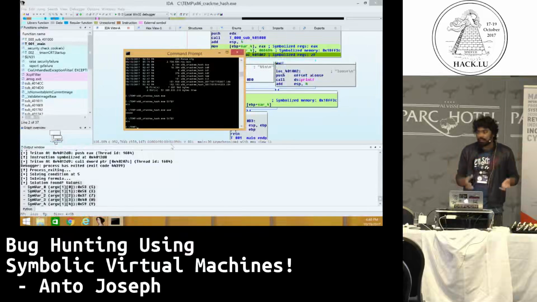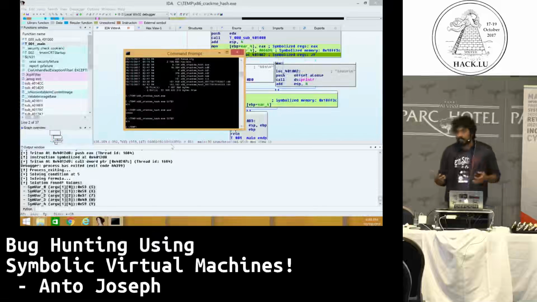Let's assume that there is some sort of a compression, and after that there is a password check. You can skip the compression and just start the symbolic execution right before the password check. That makes things simple for the symbolic execution engine so that it solves in very little time.